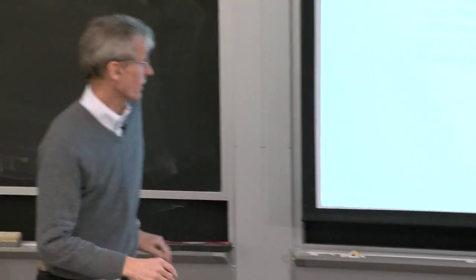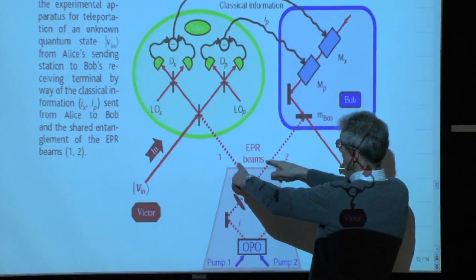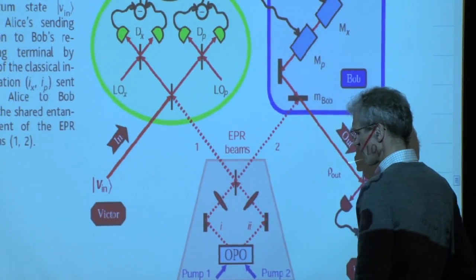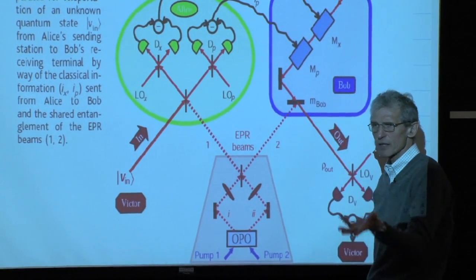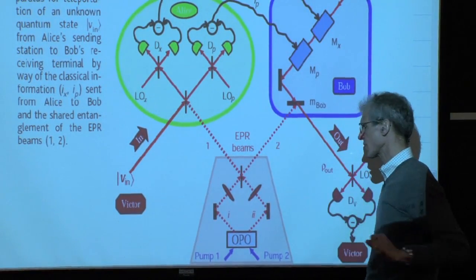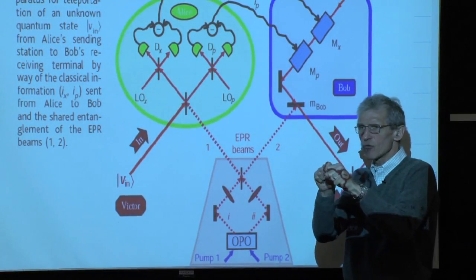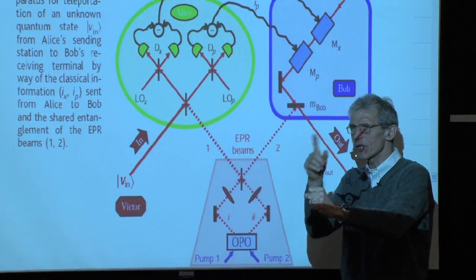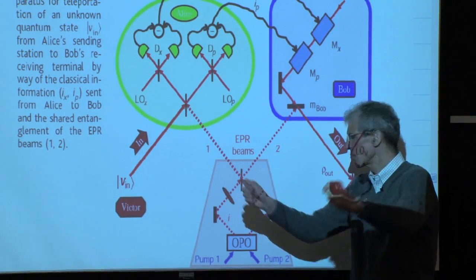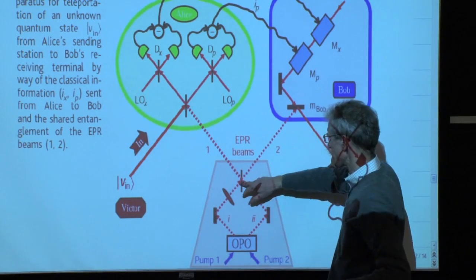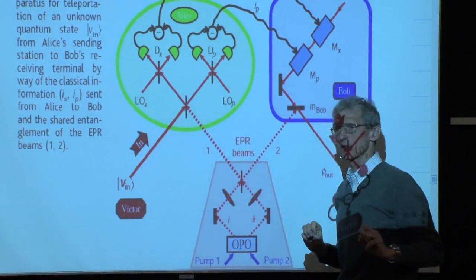So the idea is the following. To create those twin beams of photons is simply done with an optical parametric oscillator. There is one extension which is described on the wiki. I won't have time to explain it to you, but it's a two-mode OPO. It puts the two identical photons not in the same beam as we did before. We had the A dagger squared A squared operator. They go into two different modes. And now, you know the magic of beam splitters by now, two beams come out. One goes to Alice, one goes to Bob.